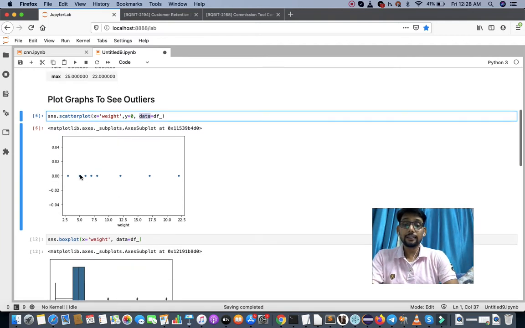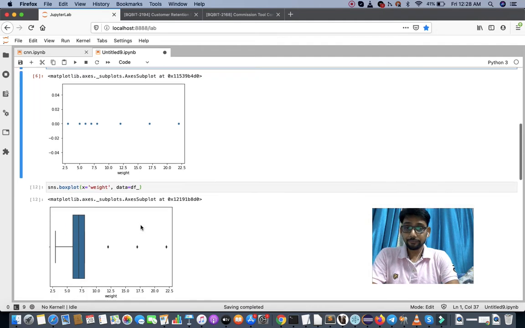So we can clearly see here these 3 data points are looking very far away from the other points, but yes, this point is nearby to this point. So I don't know whether we can say it's an outlier or not. So we will see using the z-score or IQR method, right? These are basically two methods used for detecting outliers.